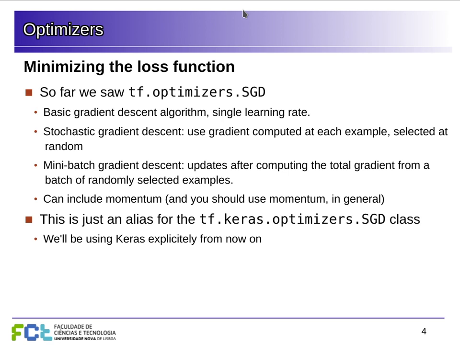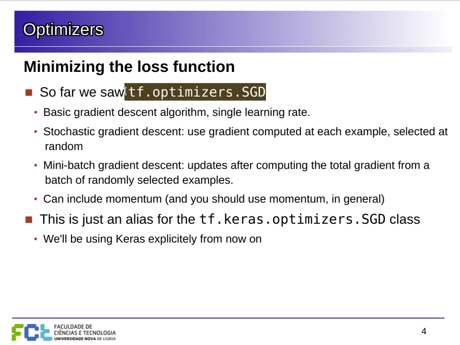So basically we have a gradient descent algorithm that tries to estimate the gradient at some point, or averages the gradient for a mini batch of examples. We've been using it that way. And then we'll update the parameters of our model so that we slide down the gradient surface. This means that at each step we're going a bit down on the loss function and we decrease the value of the loss function. So we've been using this class SGD from TensorFlow optimizers, but actually